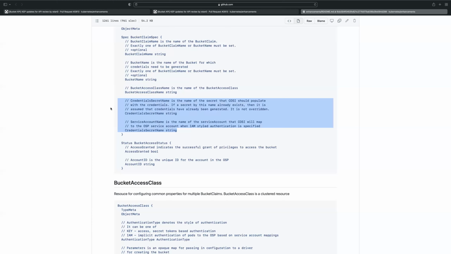And I agree that you have a default mechanism that says, you can leave it blank and you get basically the same effect as if you left it blank for the pod, but that is the same thing as having specified the name of the default service account. And if you leave it blank for the bucket access, but don't leave it blank for your pod and they don't end up matching, then that's a bug in the user's workflow, right? Because it might work on some clouds and not work on other clouds. Right. So we really have to find a way to ensure that they do match in practice.